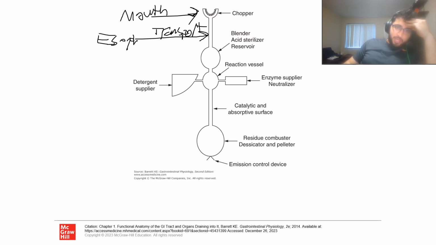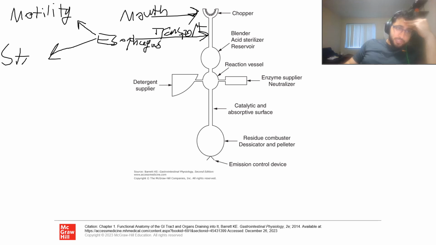Okay. So obviously, when is the chopper dysfunctional? If you don't have teeth, etc., that sort of thing. The dysfunctions of the esophagus, some of them can be motility, so that would be like achalasia. You can have motility disorders of the esophagus, and you can have structural disorders of the esophagus, right? So the motility can be achalasia, which is neural and other causes, etc. I don't want to get too deep into it, but some of the structural causes can include cancer,